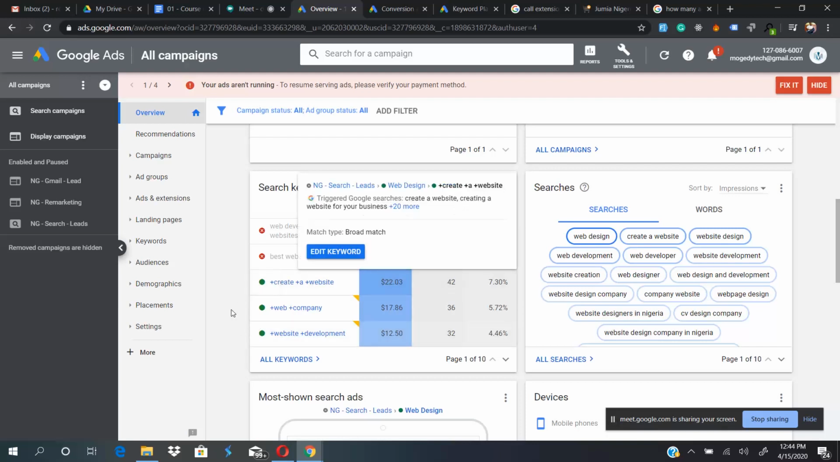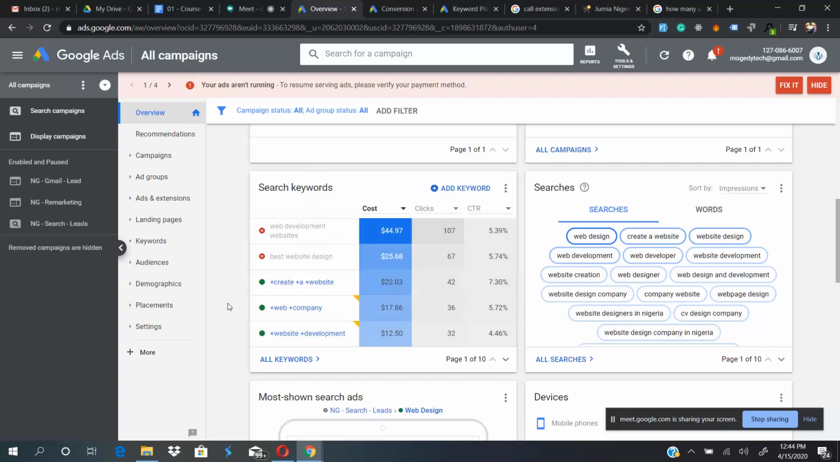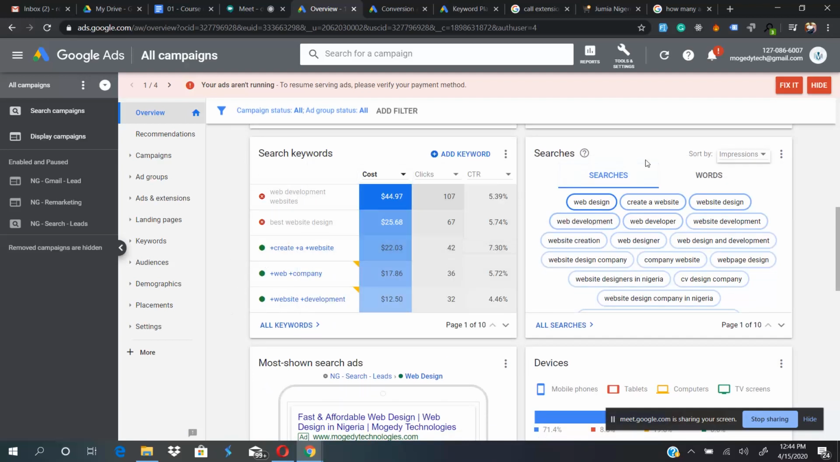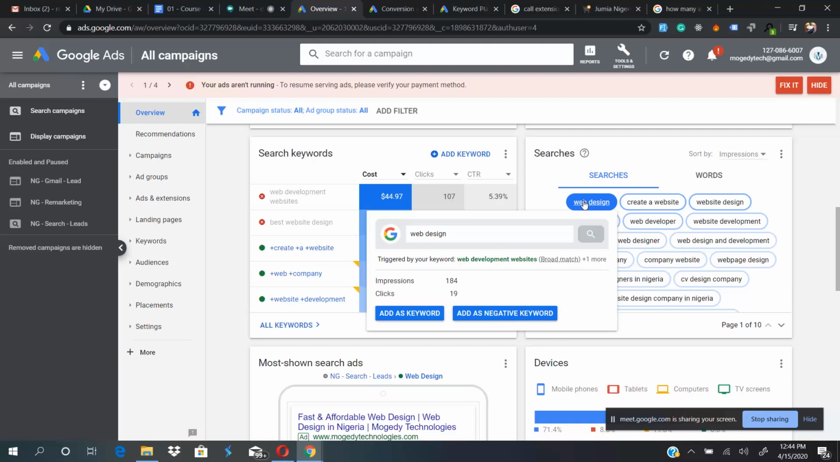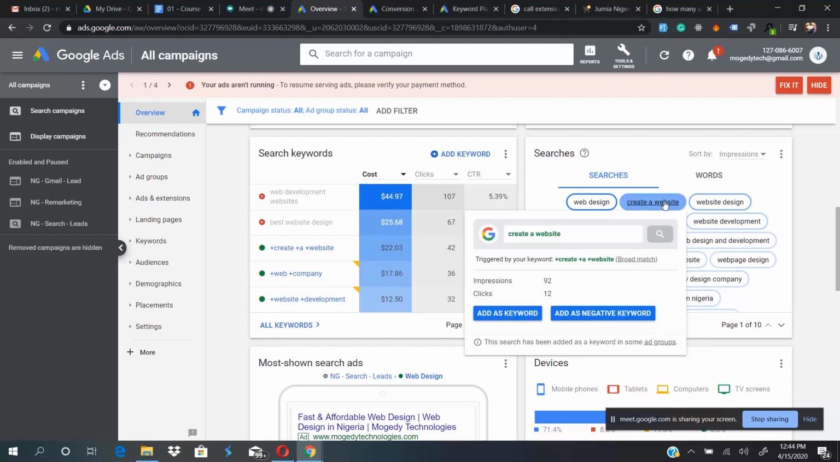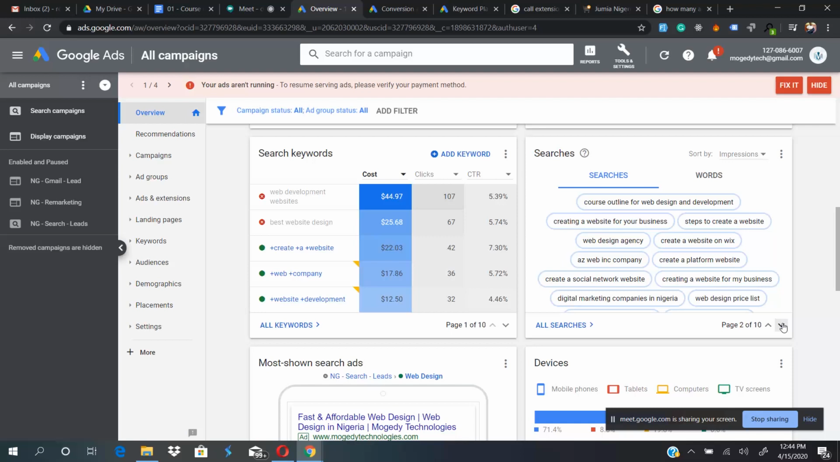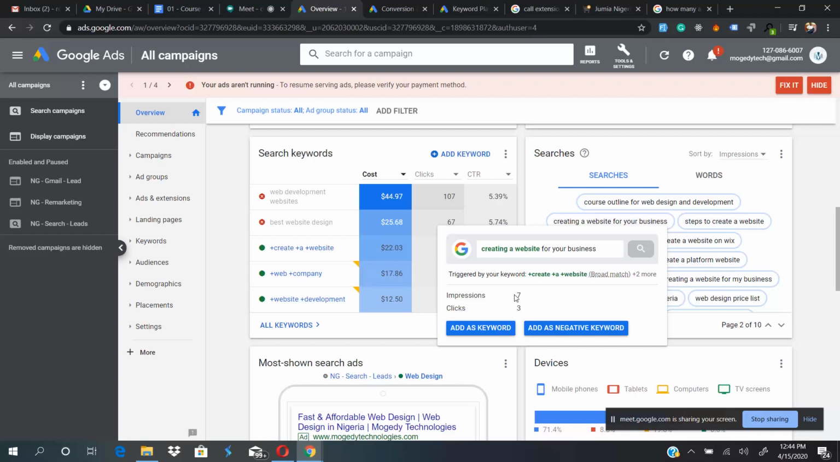Okay. So you can see what this looks like. These are the keywords that I created here. Sorry, somebody called me, so it's fine. And then you can also see what people are searching on Google. This is what triggered my ad. Somebody came on Google and searched web design, and my ad triggered because of this keyword. I have a keyword that says web development website, that's why my ad triggered. And then we also have different things that people come on Google to search, like creating a website for your business. You can also see the number of impressions per keyword,